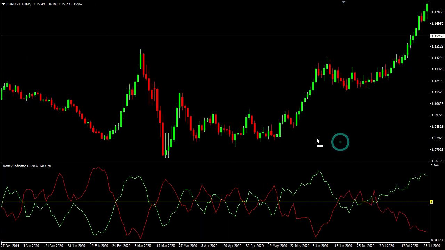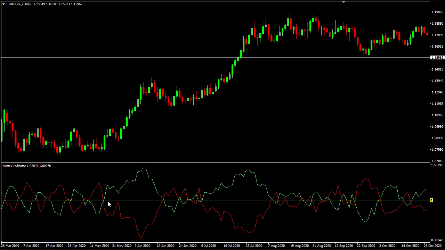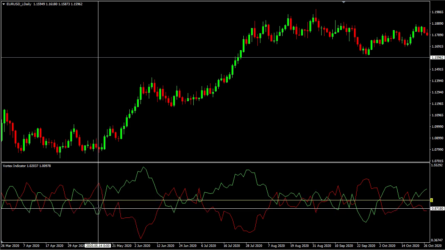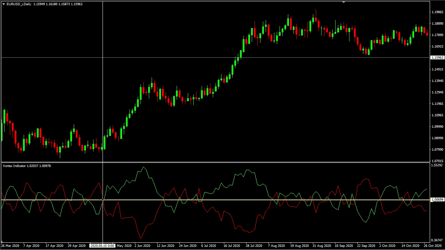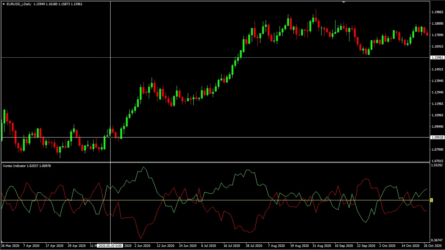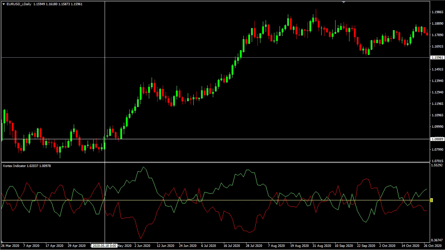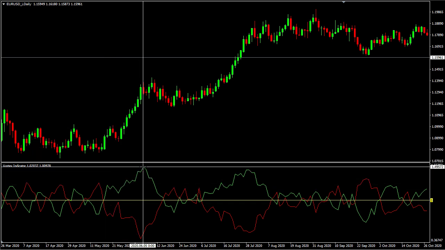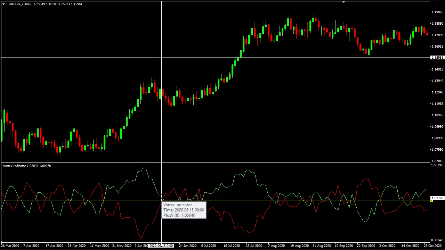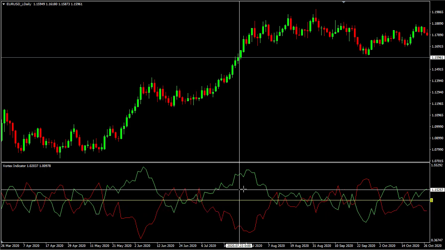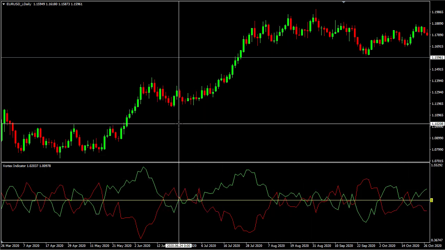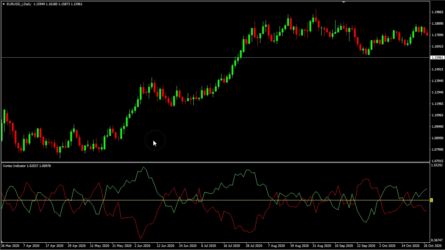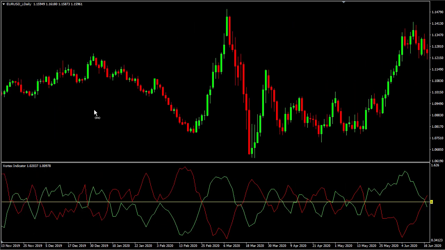So let's go here and see what's happening. You can see here the green line has crossed the red line and it's going up. So this is an indicator telling you the market is in uptrend, and you buy it here and you continue. See, the market keeps going up, and then it starts coming back down, and then it starts going back up again. Now, on its own it is not a very good indicator, but for the entry point it's a very good indicator. Now what you do,